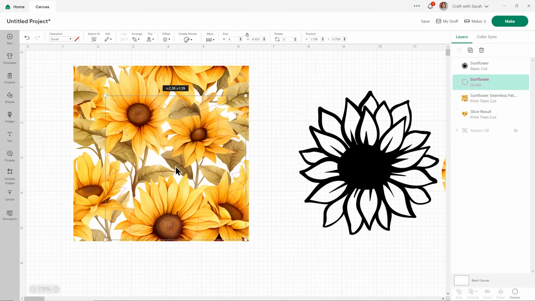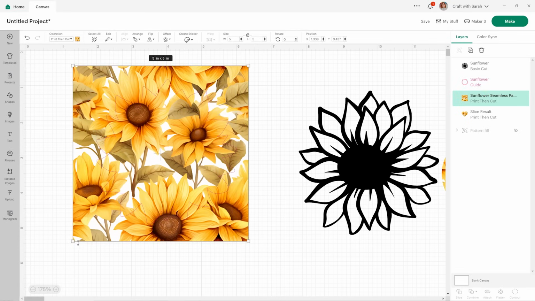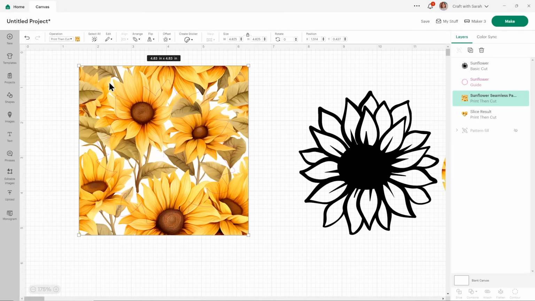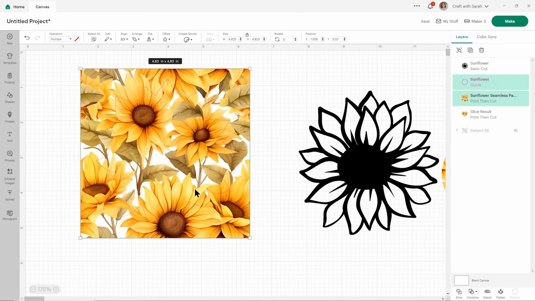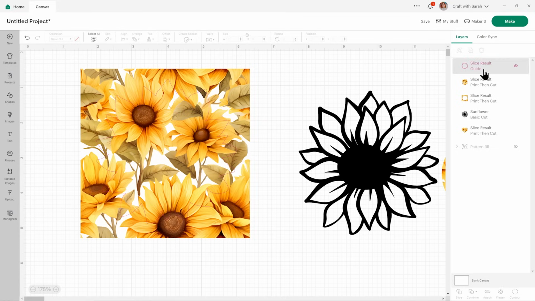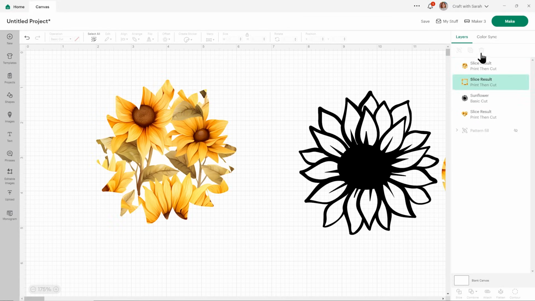So remember, this time I am limited by the sunflowers only showing these particular ones, but I can still move this to show me the bits I like the best. You could resize if you want to too. Drag a box around both of them, slice them out, and then delete the layers we don't need.